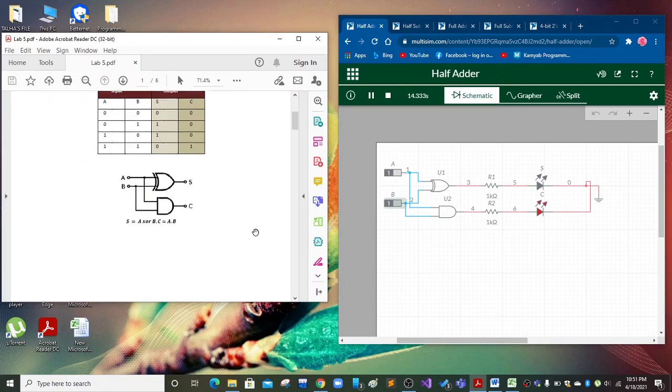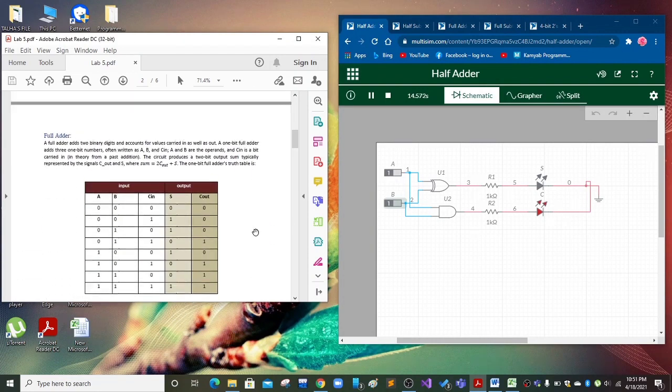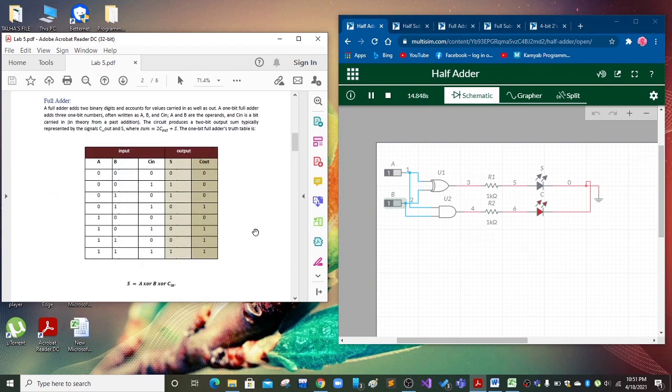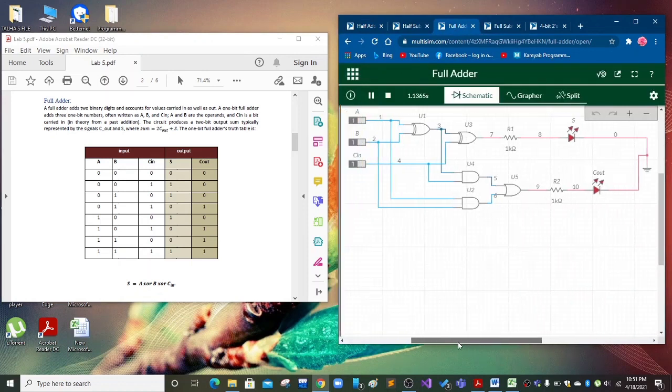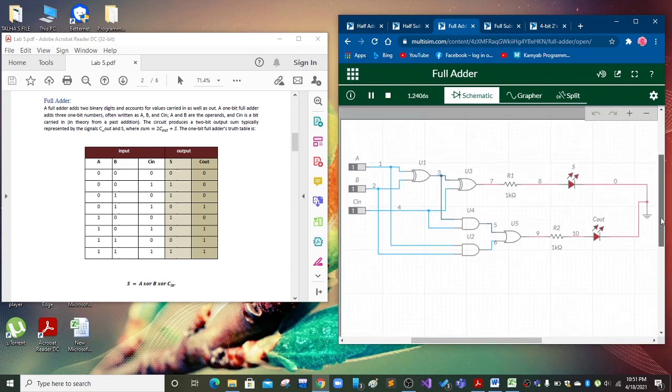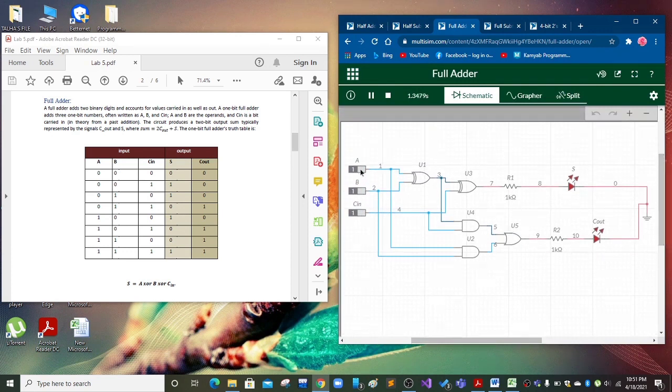Let me discuss the full adder. Here we have the full adder. We can see that when all the inputs are 0, and it is A, B, and the carry in, our output sum and carry out is also 0, and for carry in 1,